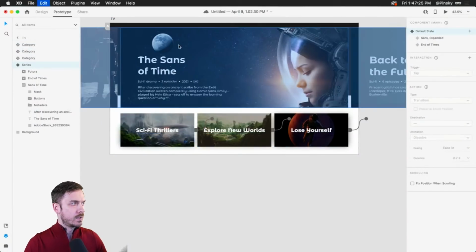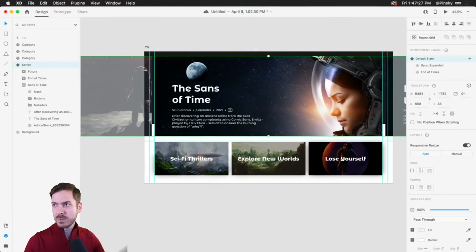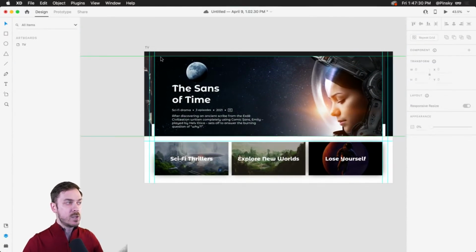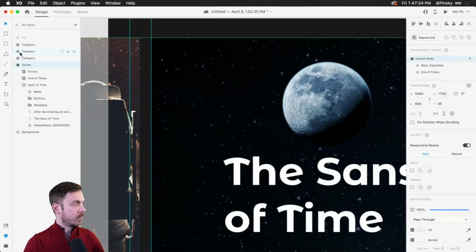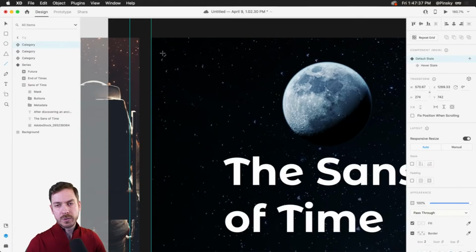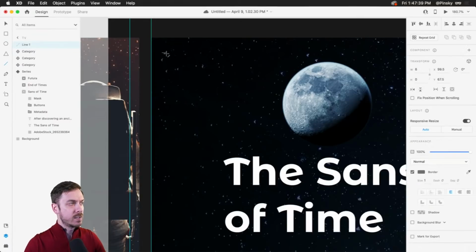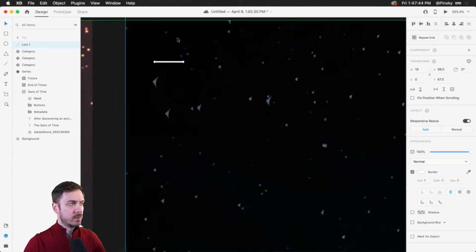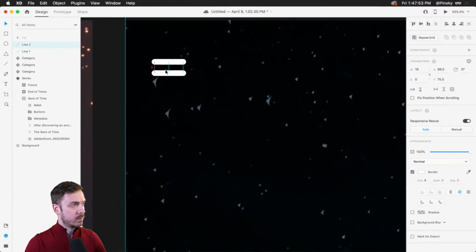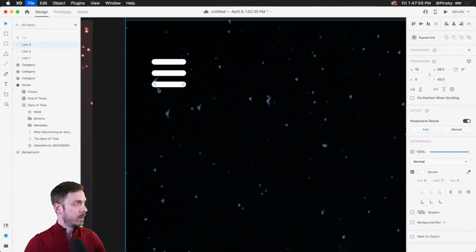All right, so let's go ahead and tackle a few additional items that we may want. Maybe we want a menu icon at the top left-hand corner. So for here, very simple. Of course, you can grab an icon, but I do have my line tool selected. Drag out a line, zoom on in, make this line a little bit thicker, maybe a little bit more. There we go, menu icon. Fancy, right? Nothing too crazy.